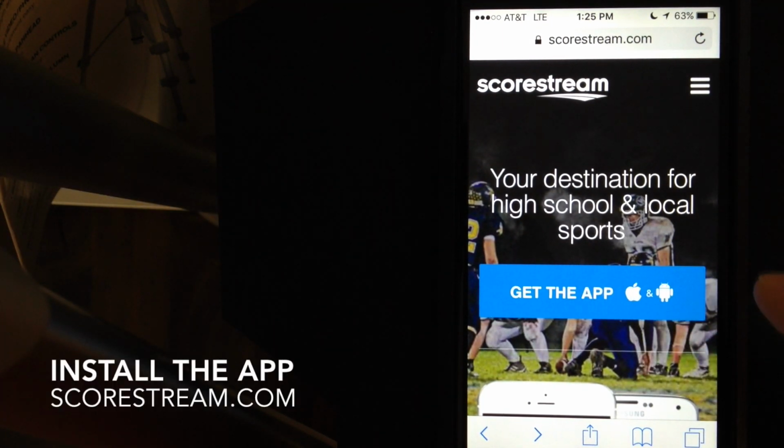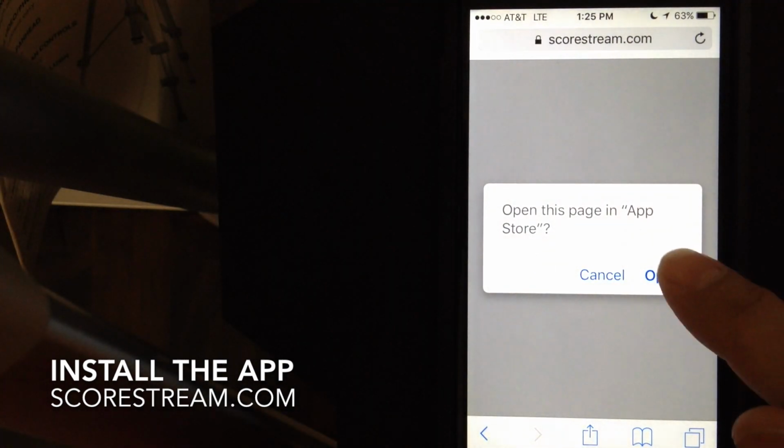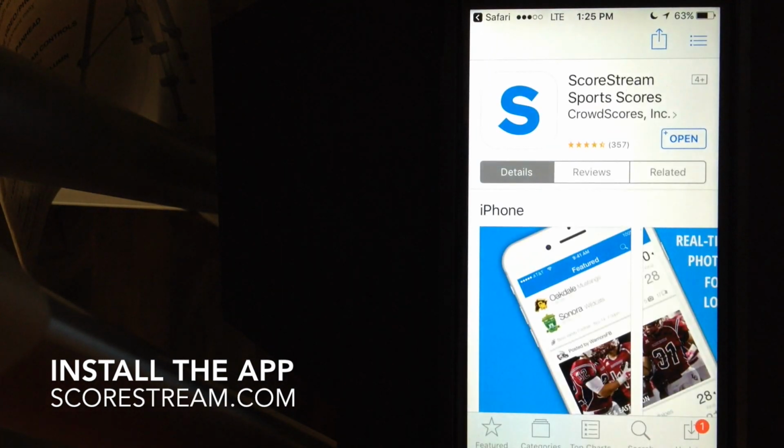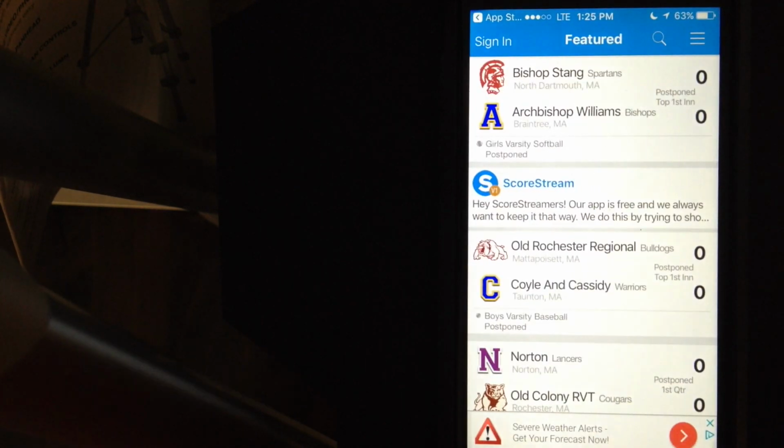Go to Scorestream.com. Click on the button. They make apps for Android phones and iPhones as well. Get to the page. Now I already have it installed, so I'm going to open it, but it would say download or something like that. Upon opening the app,